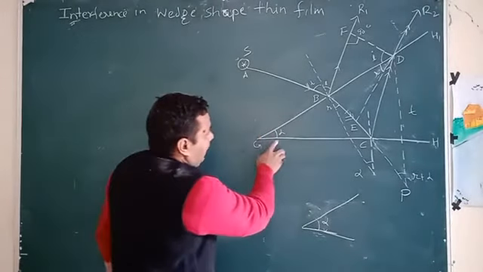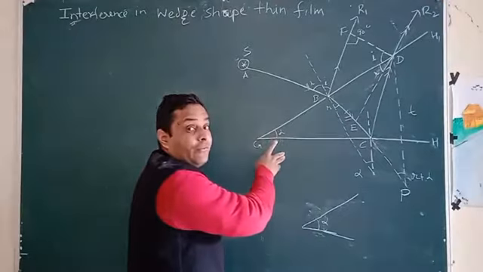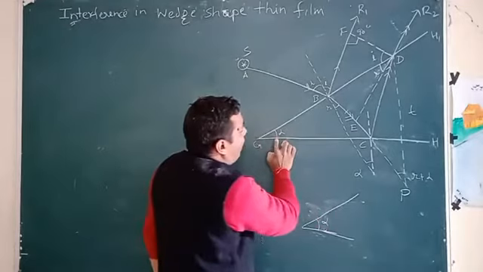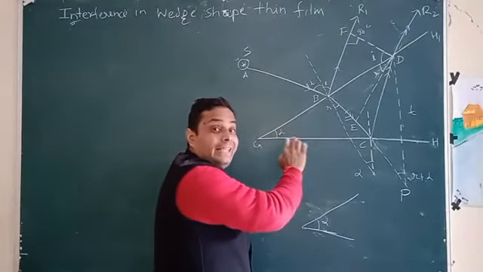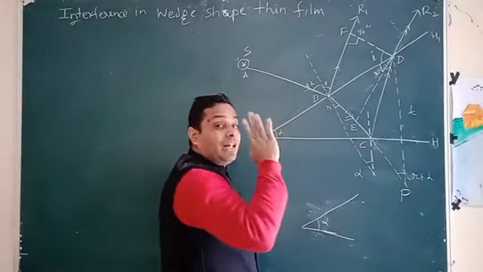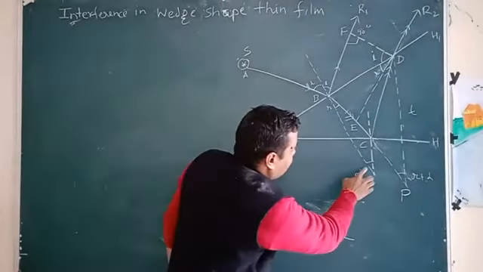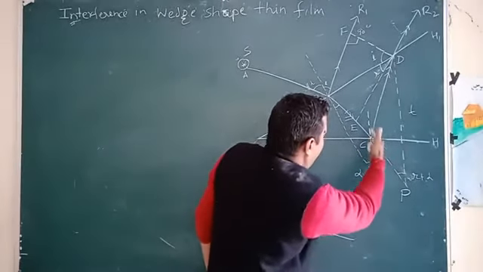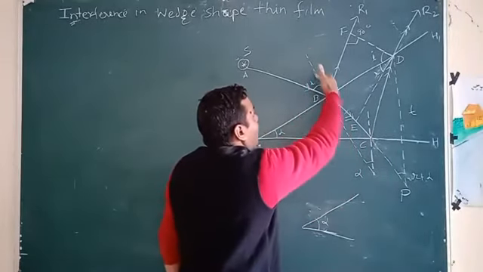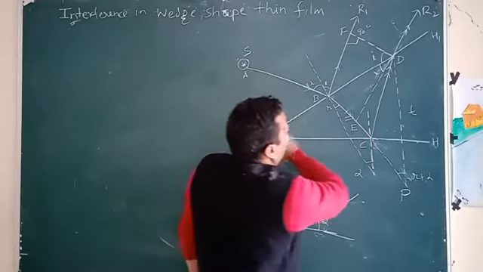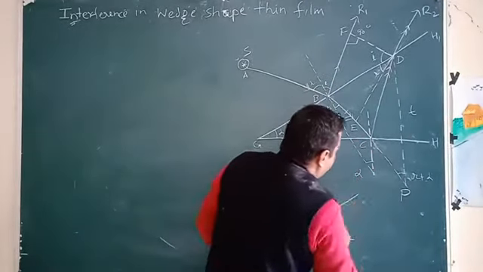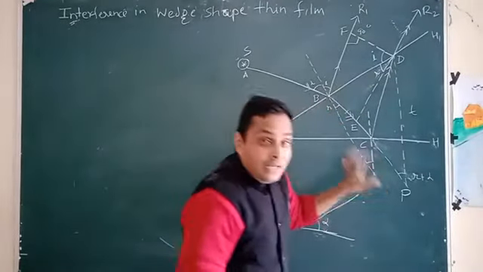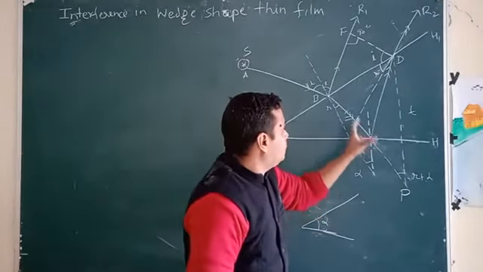Here the angle between the two interfaces, alpha, is called the wedge angle. The perpendiculars to these two interfaces also make an angle alpha. Here is the perpendicular to face GH, and this is the perpendicular to face GH1, so the angle between them is basically alpha. Now we are going to calculate the path difference.